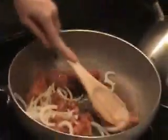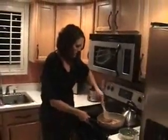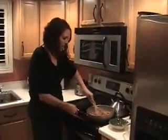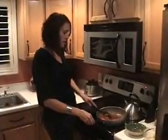Smells good. Chorizo is really yummy. So I'm breaking up that meat, and like I said, I needed to add some oil to the bottom of the pan. And so I'm just going to brown this up, and as soon as we've got that browned up, we'll move to the next step. What we're going to do, I'm going to use a slotted spoon, and I'm going to take it out of the pan,